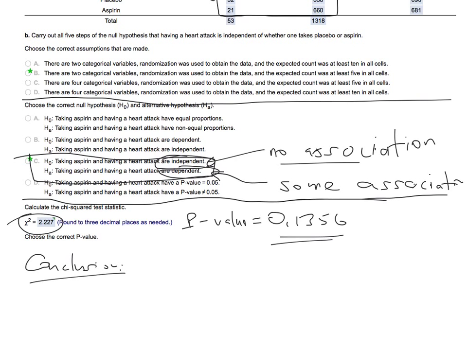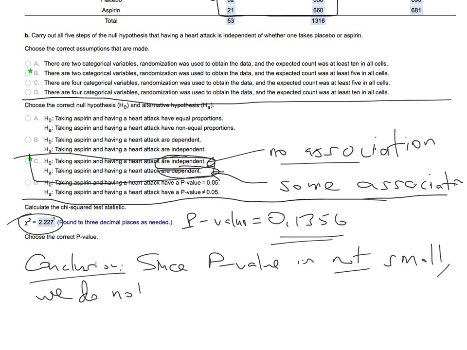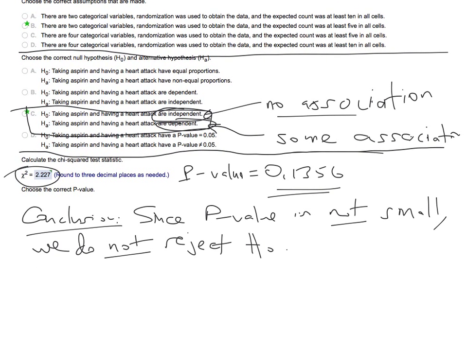It should say, since p-value is not small, we do not reject H0. So we do not, this period, we do not have significant evidence